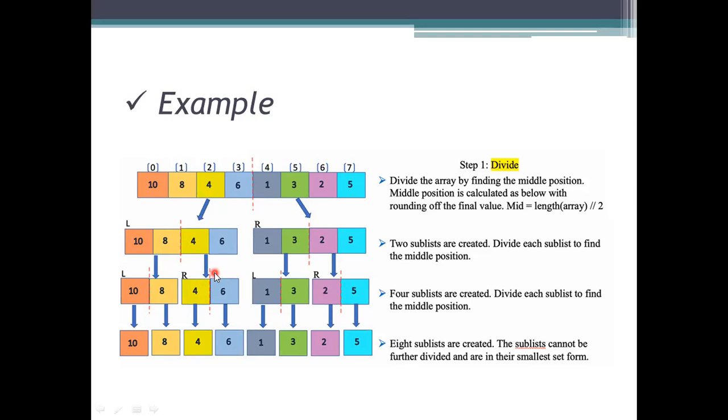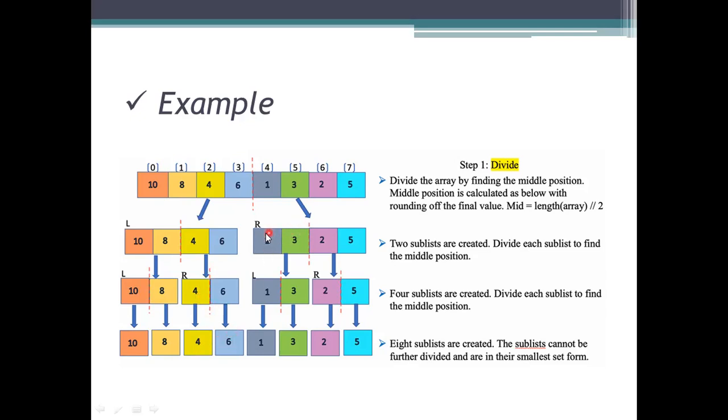Since it has multiple elements, we need to divide it further. How are we going to divide again? How many elements are there? 2 elements are there, so 2 divided by 2 equals 1. Divide into arrays which consist of 1 element only. So this 2 element array will be divided into 2 parts and the appropriate elements will be placed there, in the correct order only. We do not need to shuffle anything. And coming to 4 and 6, divide them into single element representation.